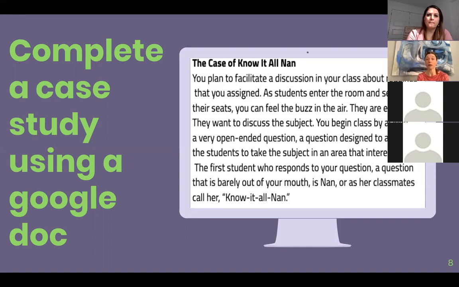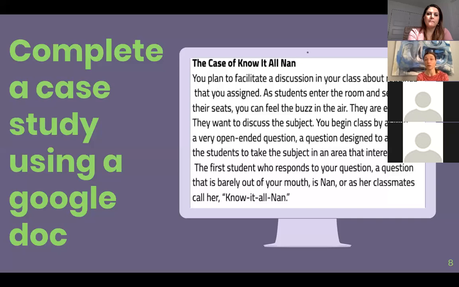Or you can assign different groups different cases. And then if you have a smaller class, you could have sort of a case presentation by sharing the results of the case with the whole group, or even sharing it online through a discussion forum.